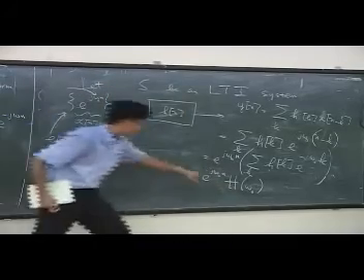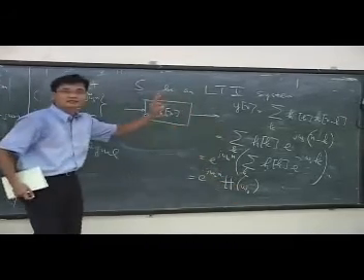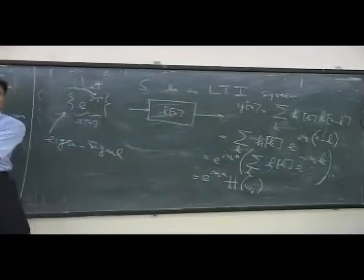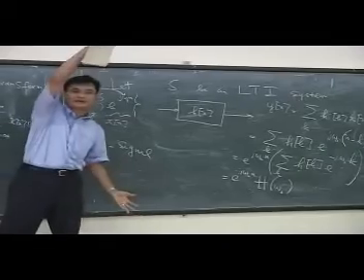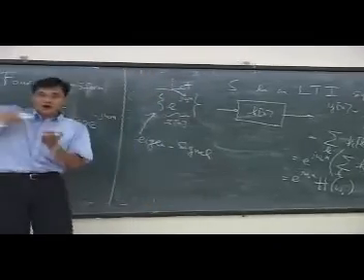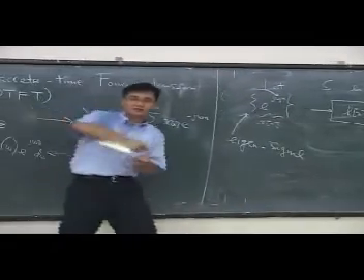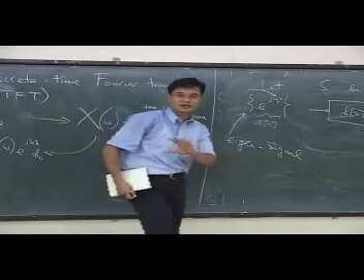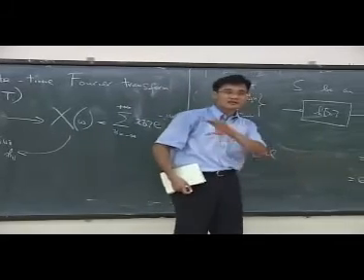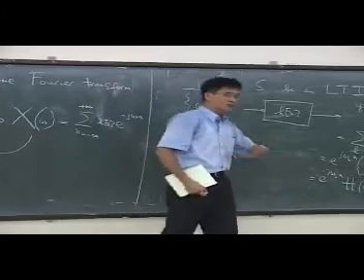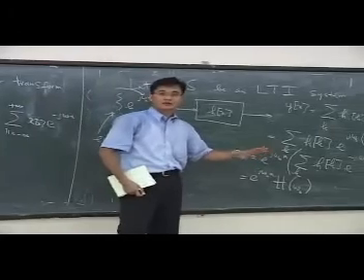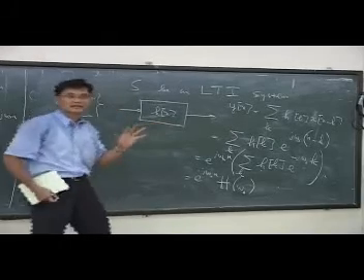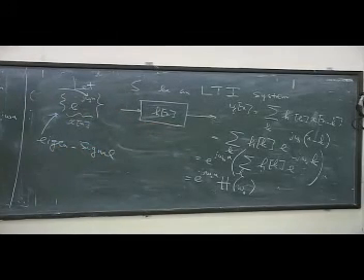So you can see that this H(omega) is very important, because the bigger H(omega) tells me that that particular frequency gets amplified when it passes through. The smaller H(omega) means that particular frequency gets killed, rejected. And that is really the concept of filtering, right? You let an LTI system filter out particular frequencies or let particular frequencies go through. So you see that really the viewpoint is taking the signal and breaking it into